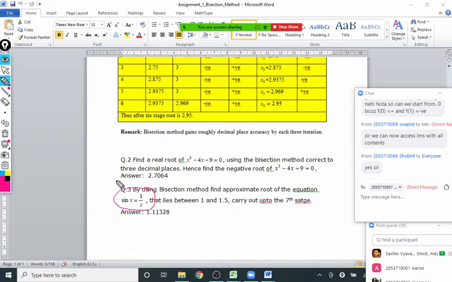Now this question is very straightforward again. The interval is given and the stopping criteria is given. We have to find the root in the interval 1 and 1.5 with 7 iterations. And here is the answer. So you should complete it and submit it tomorrow. And I will again tell you, do all these questions in table form only. So question 2 and 3 you have to do mainly. Any doubt?